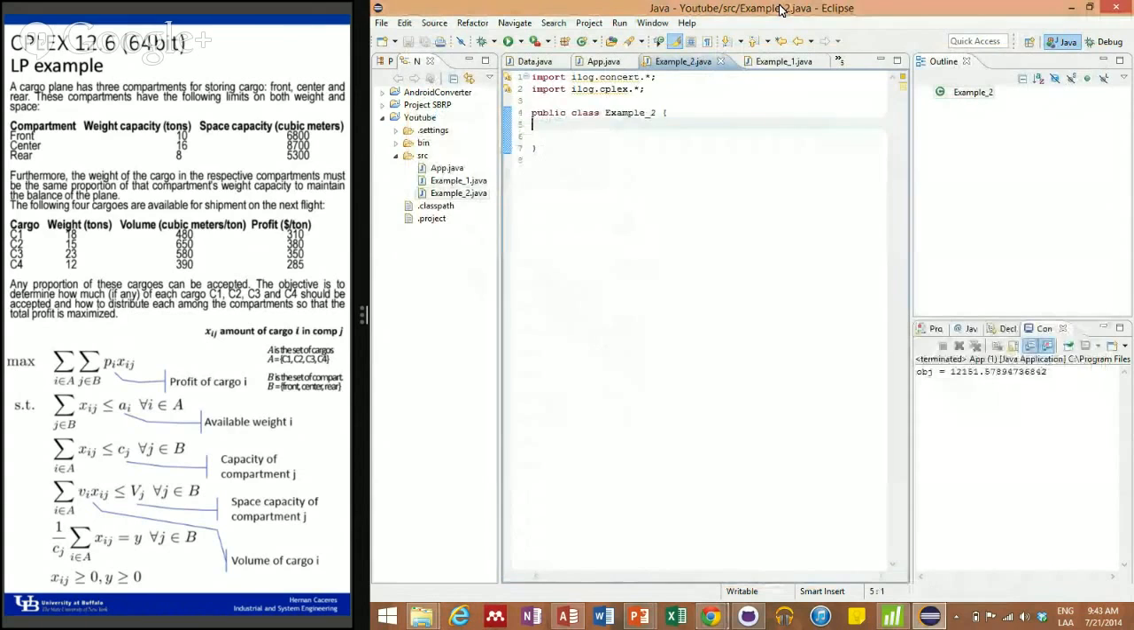Hello everyone. Today I'm gonna be doing another example of linear programming, and it's here. You can just stop the video and read this. Basically, this is an airplane which has 3 compartments: front, center, and rear, and we want to distribute 4 kinds of cargo into these 3 compartments in the airplane, and we have a limit on the available weight of the airplane of